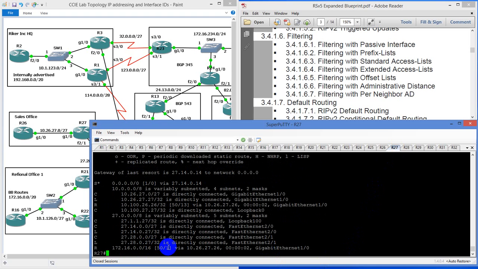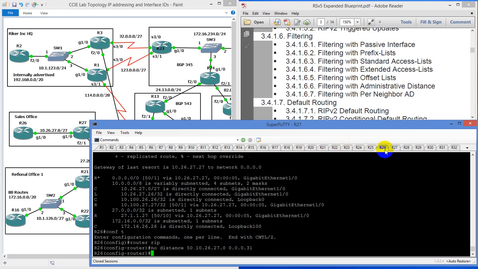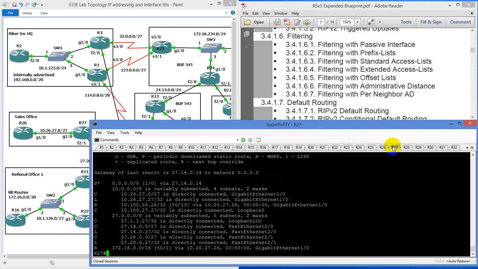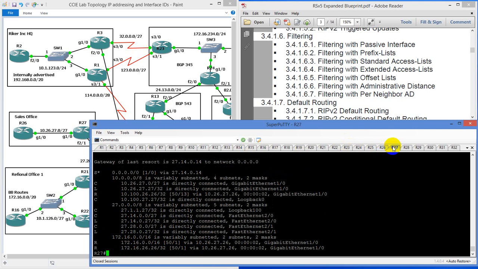Now all these guys should come in as 50. And 50. And so if I was to advertise another route in the 172, I think on 26 I'm summarizing, so no auto. 27 should be, yeah, see, everything's coming in as 50 now. And that's what you want. That's per neighbor AD. So you could set that up on, if you have a couple of neighbors,